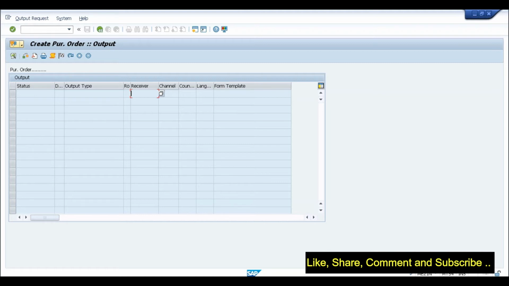Due to that reason, in 16.10, SAP has allowed both output determinations. If you are happy with the new output determination, go with the new one. If you still think that the functionalities or features that I was using in the old output determination are not available in the new one, no problem, switch back to the old output determination. So in 16.10, SAP provides you the flexibility of whether to use the new output determination or not.